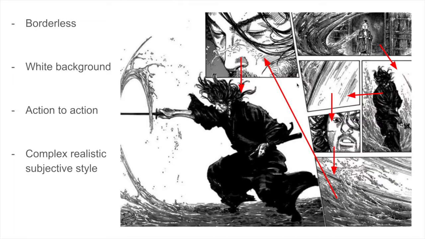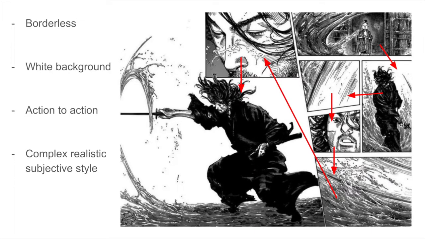As you can see in this page, the panel first focuses on the boy observing Musashi, then to a front view of Musashi practicing, and then to a streak of line illustrating the movement of his sword, then to a panel of Musashi's face, and another streak of line, then another panel of Musashi's face, but this time with a calmer and more matured expression, and finally a detailed borderless panel of Musashi wielding his sword.